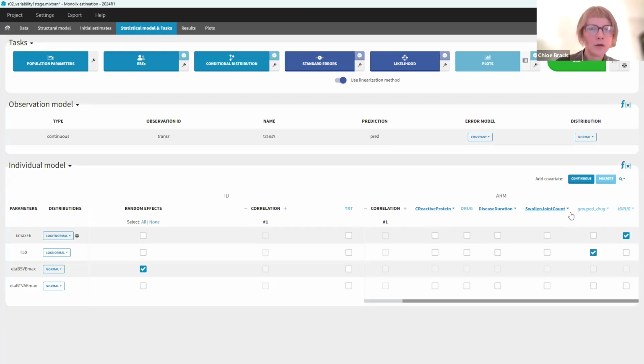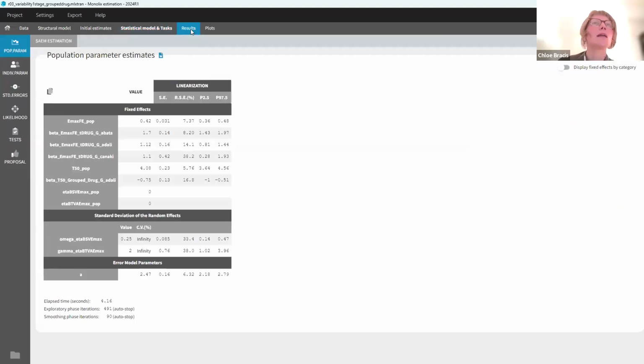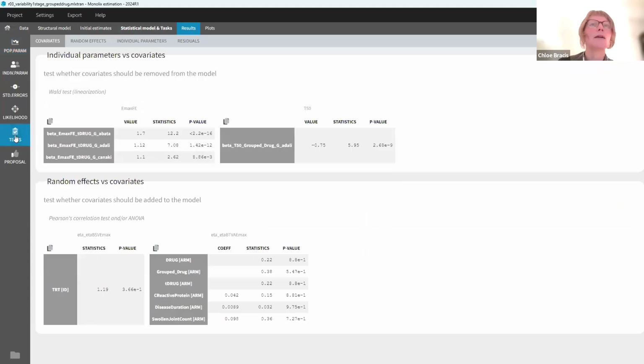If I go ahead and do that, you can see here I've done the same thing. I just have my grouped drug covariate on T50 and my drug with all 4 separate on Emax. Now I can go to results and see that everything is well estimated. Here I have infinity for my CV, but this is not concerning. This is because I've fixed the mean of both of these to 0, so I'm dividing by 0, so it's expected that I would have infinity here. I can look at my tests, and I can see that, yes, I should keep all of these